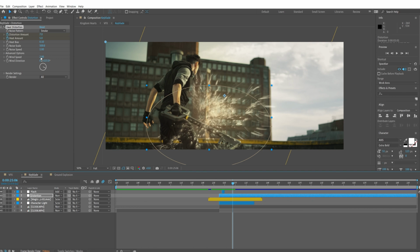But all of these values will heavily change depending on your shot. Different environment, different focal length, what's in front, what's the subject, and things that are happening, what the effect itself is. So what I don't want you guys to do is just copy the values, but actually understand the thinking and methodology behind them. So always have some fun and spend the time to play around with these settings to find out what fits